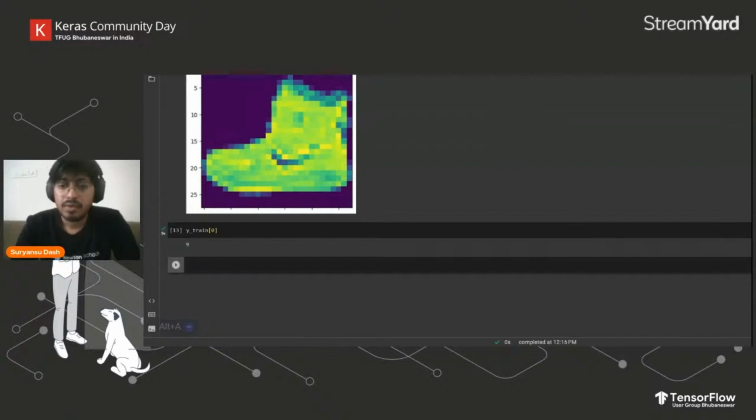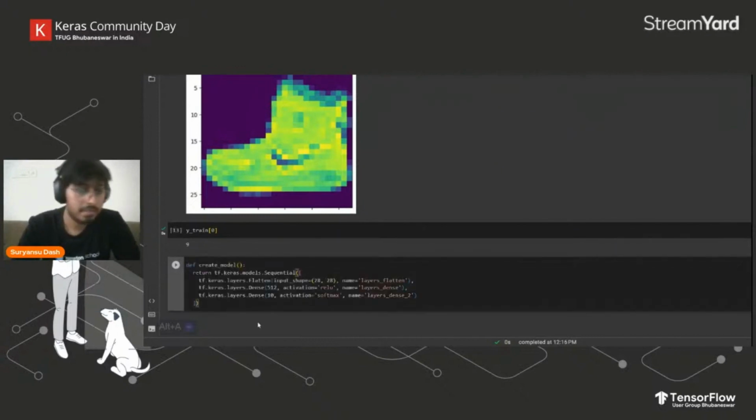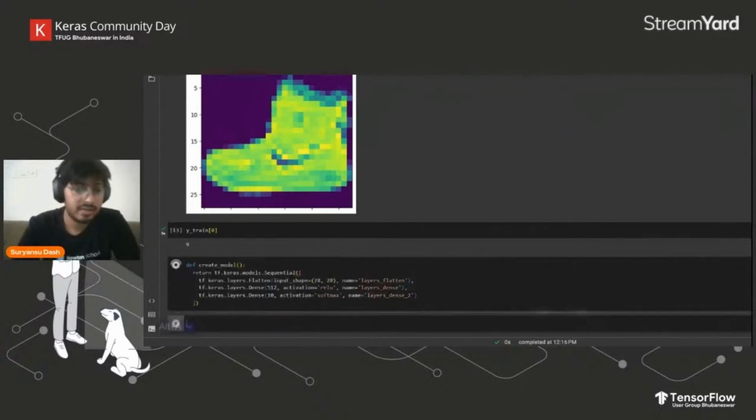Perfect. Since you'll be creating a model, I already have the code for this, so I'll just paste it here and create the model. I'll be sending the same on chat also, so you can copy it from there.